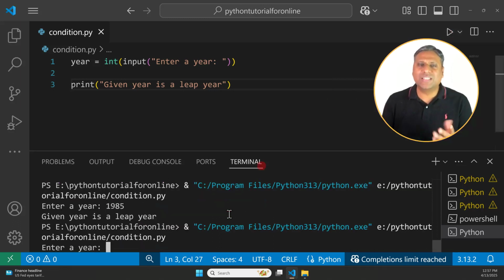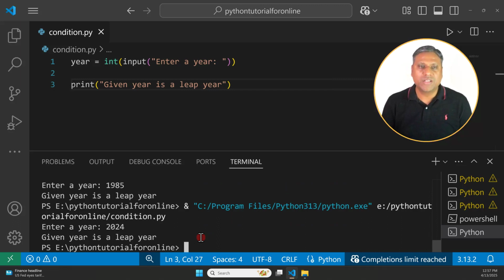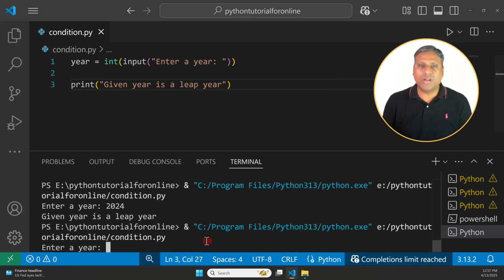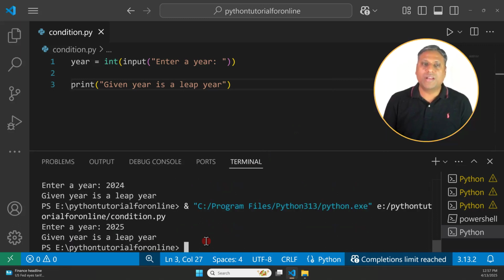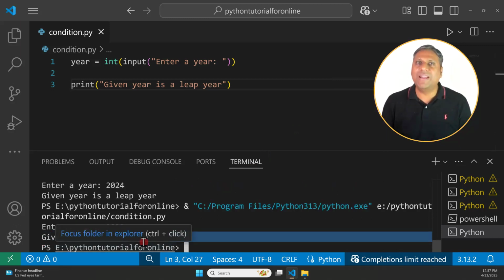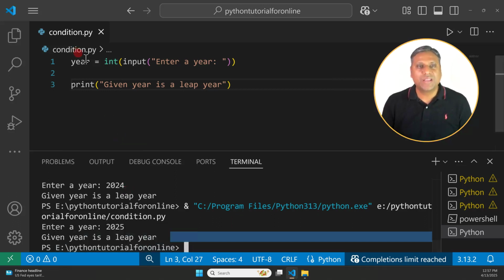Okay, so let's write 2024, which you already know was a leap year. It's saying it was a leap year. Perfect. What about now? Run it again. Again, it is saying the given year is a leap year, while it is not, isn't it? So the statement 3 is always working. I want to selectively execute this statement.